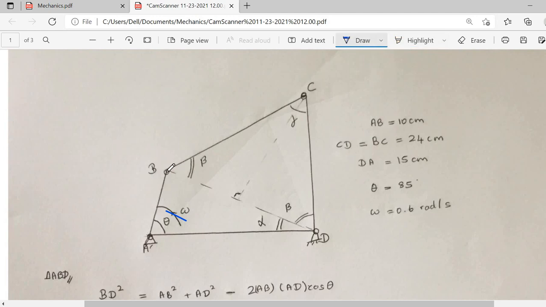The main thing is we have only been given the lengths of DA, AB, BC and CD. So these are the only data they have given. Also they have mentioned the omega, the angular velocity. So they have given only a few things, so we need to allocate some values. So here we are going to sketch the graph for the velocity of point C for each and every theta. So this is the main thing.